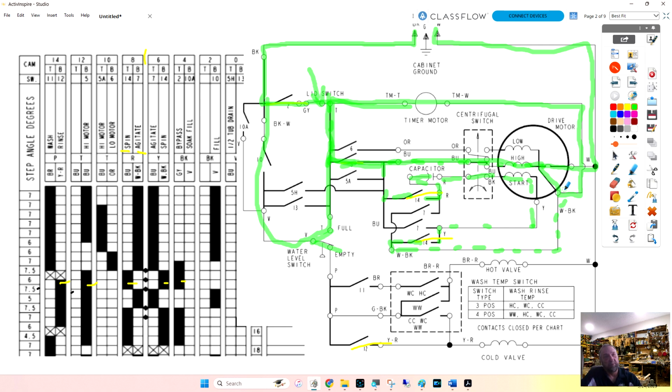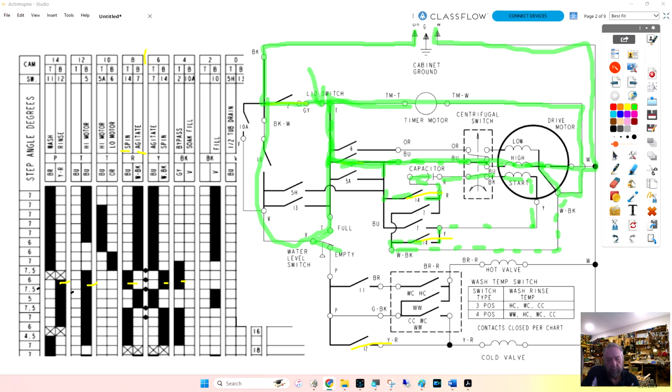I just noticed something here. Where is the drain pump in here? The drain pump is mechanical. It doesn't have its own motor. It's attached. I don't know if you've worked on a direct drive washer. That's the one with the plastic round coupling with a piece of rubber in the middle connecting it to the transmission. So the pump is directly connected to this motor. This motor not only causes agitation and spin, but the reverse direction of this motor causes the pump to drain out. Hold on a second.